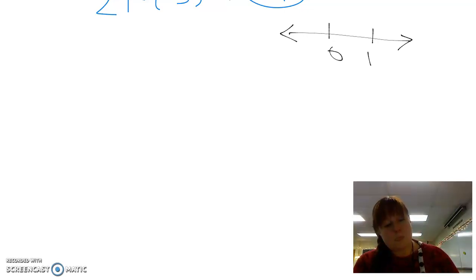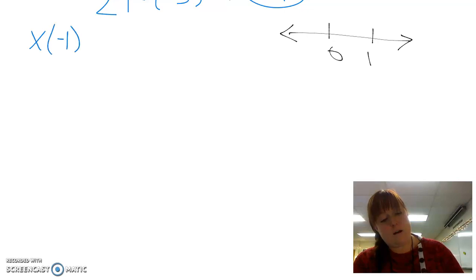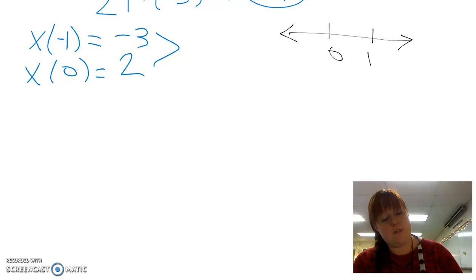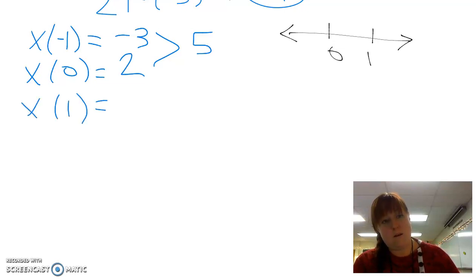So, actually we should say x, because that's our function. x of -1 we found was -3, and then x of 0 would be equal to 2. Okay, so how far did it travel during this portion? It traveled 5. Okay, and then x of 1, so it was traveling, I believe we figured out it was traveling right in here, right? So it traveled right 5, and then x of 1 would be 2 minus 3, plus 2. So 4 minus 3, which